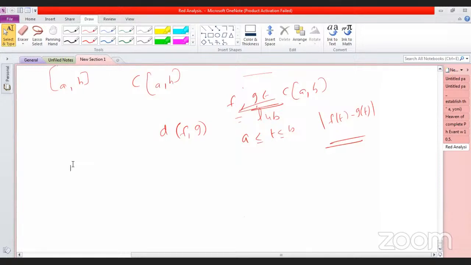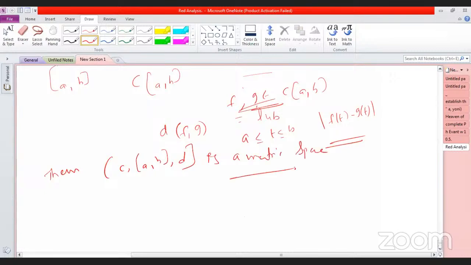So therefore, least upper bound over a less than or equal to t less than or equal to b, that is the condition. Least upper bound of modulus of f of t minus g of t. Why? Because we are taking f comma g here. So then C[a,b], d is the metric space, when LUB, a less than or equal to t less than or equal to b, modulus of f(t) minus g(t) we are taking it. So therefore,